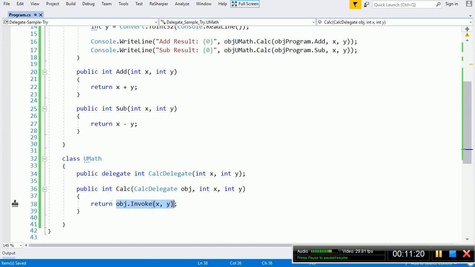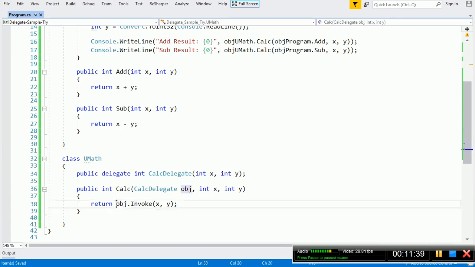First it will execute this line object dot invoke x comma y, so it will invoke this add or this sub function based on what address is present in this object, and then it will pass these 2 arguments x and y to it. So now I will run this program.